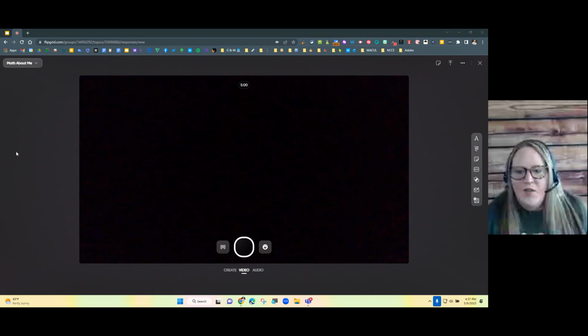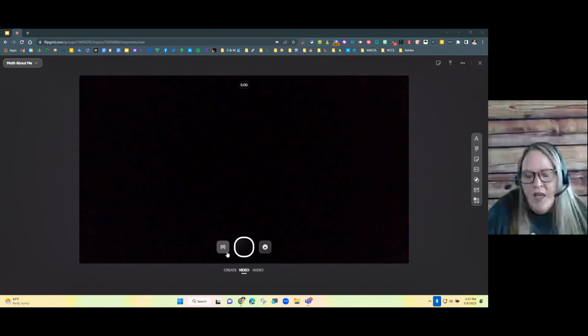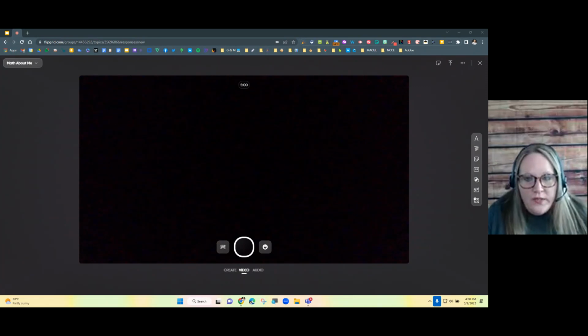You don't need to see it for me to show you what this camera can do. So you'll be able to make some decisions down here too when you start. There's the time limit that I'm going to give my kiddos. And then you have create, video, and audio. The create mode allows you to record only the camera effects that you want to use.